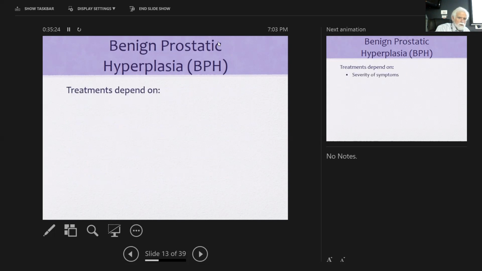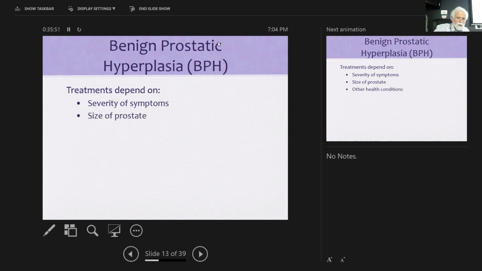Mild BPH can just be ignored. In fact, an oncologist friend of mine one time told me that every man is going to have an enlarged prostate if he still has a prostate, right? So it's really there. So the treatments that we need depend on how severe this is, how uncomfortable it is